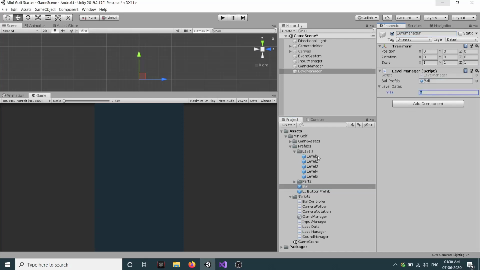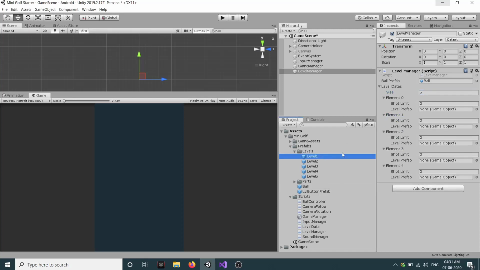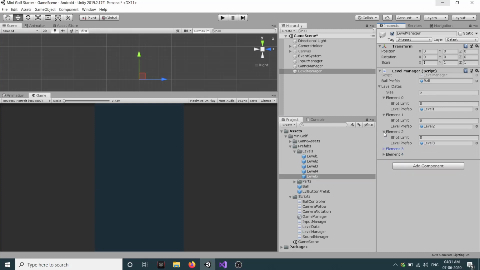As you can see here guys, in our default starter project we have 5 levels made, so just set it to 5 and let's just drag them, and I will set the shot limit to 5 for each of them. Now you can adjust it according to the levels, so it depends on how difficult you want to create your level and all those things.